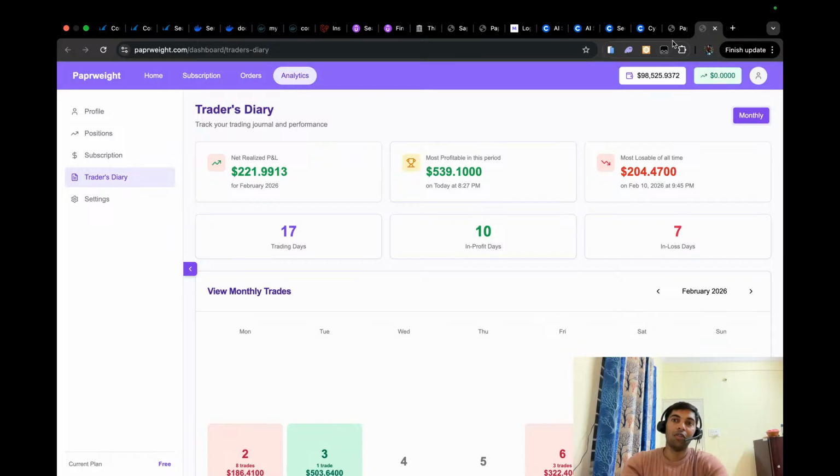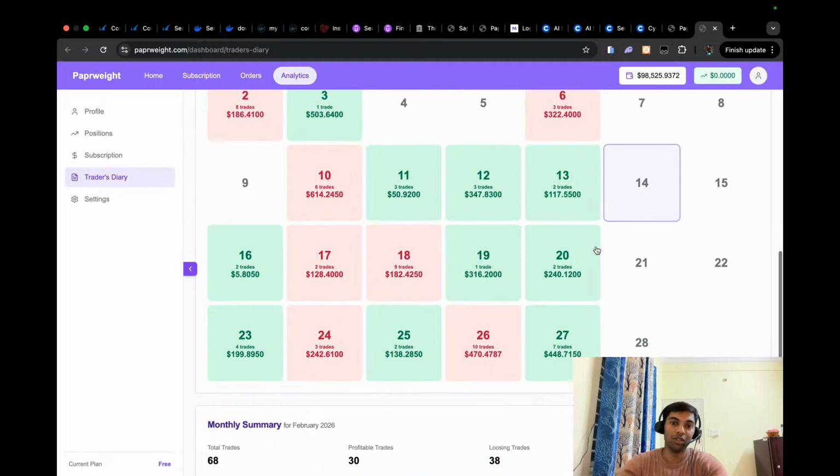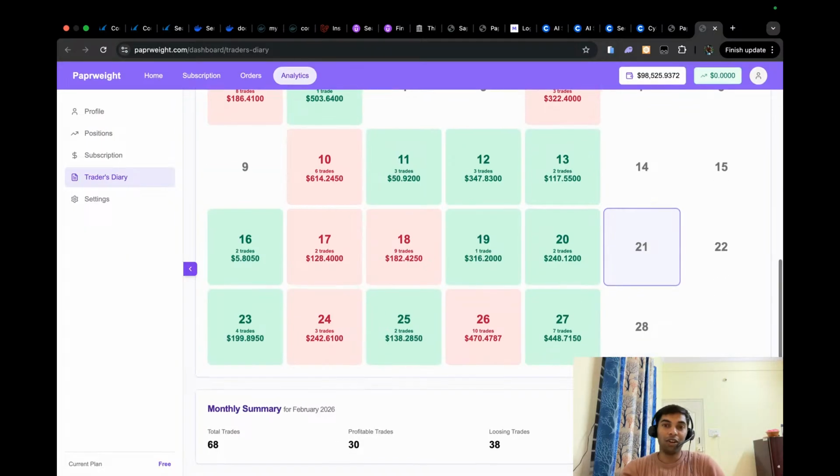So whatever we lost yesterday, we lost $470. Let me show you. $470 is yesterday's loss. So we almost recovered yesterday's loss, not fully, but that's quite good. Although we lost $470 in 10 trades, we eventually recovered the entire thing in one trade only. So this is the